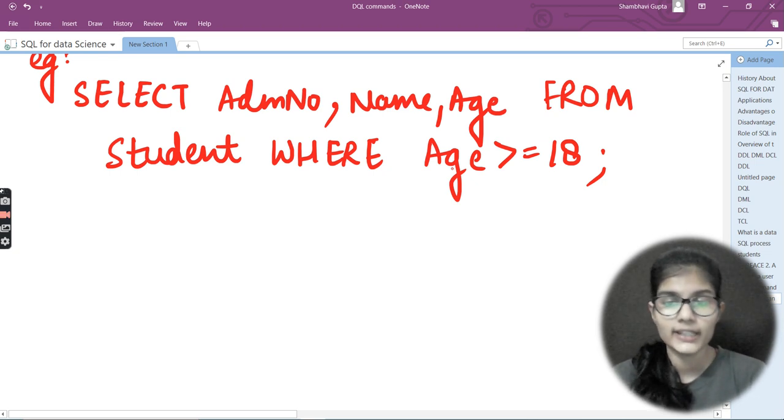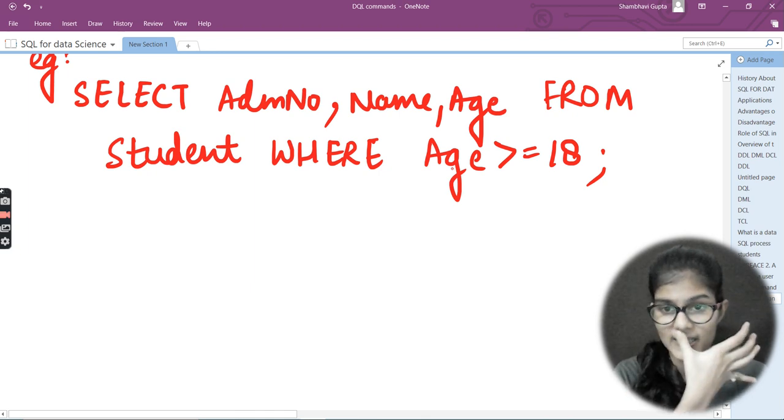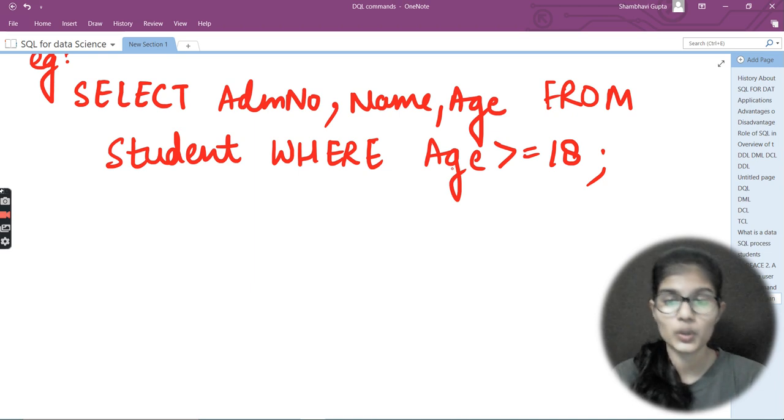So what I will get as output is all the rows in which the age of the students is greater than or equal to 18. Those rows will contain the admission number, the name, and the age. Only these three columns of data would be included.